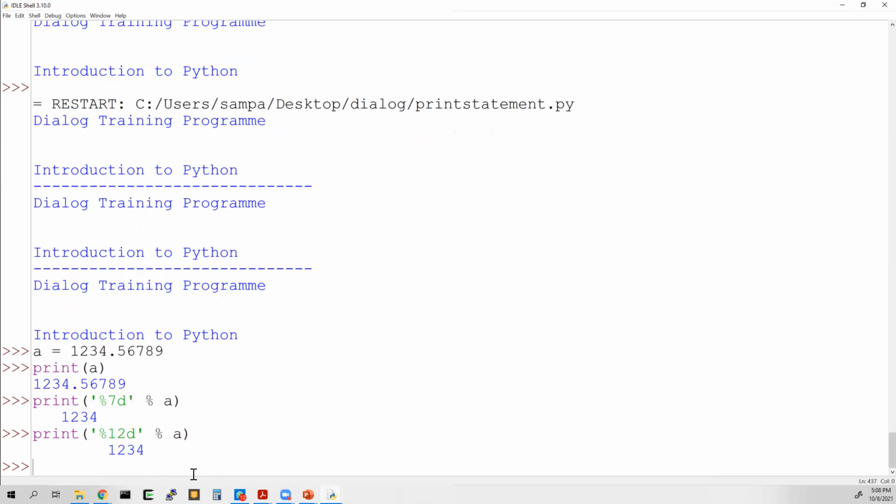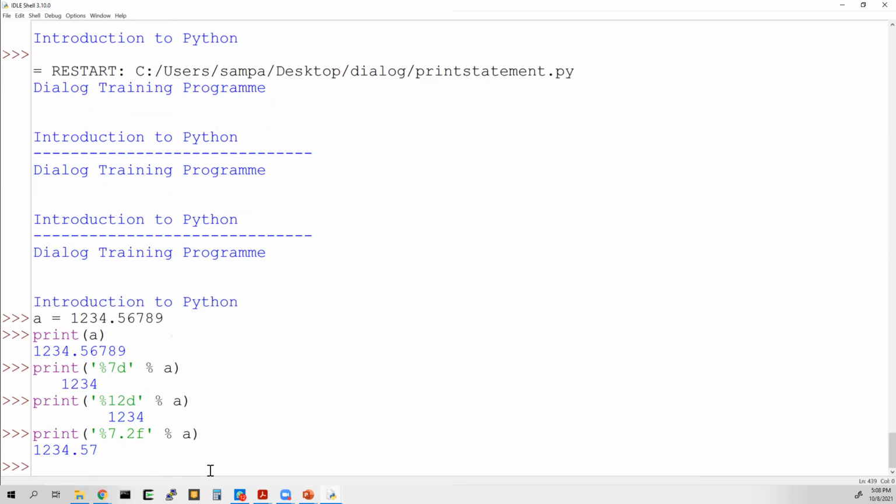Okay, similarly, let's say we want to have it as a print. We will have 7.2 F. F means floating point number like A. So what happens here? The 7 is the number of places that you allocate. And after the point, we say how many decimal places you need. And if you type this, you will see the number you will get is